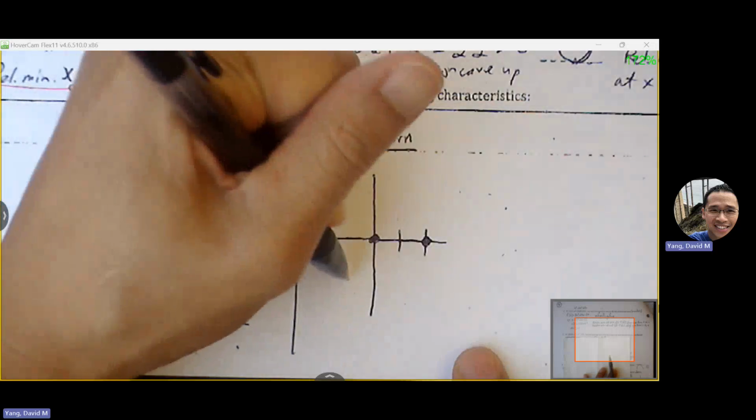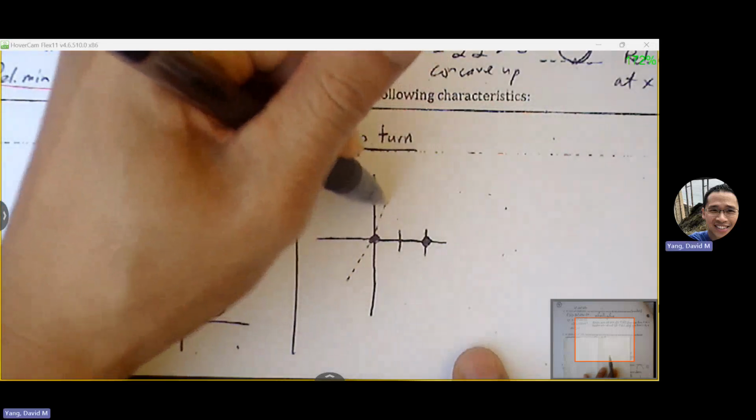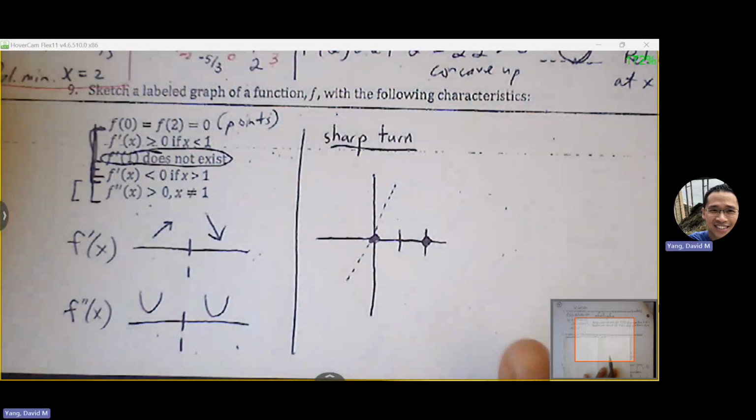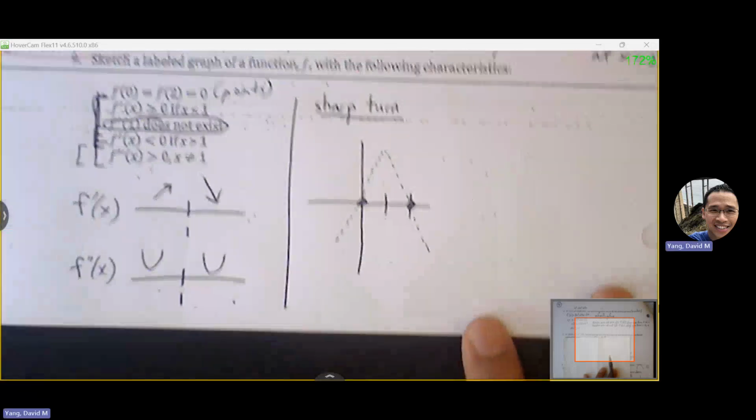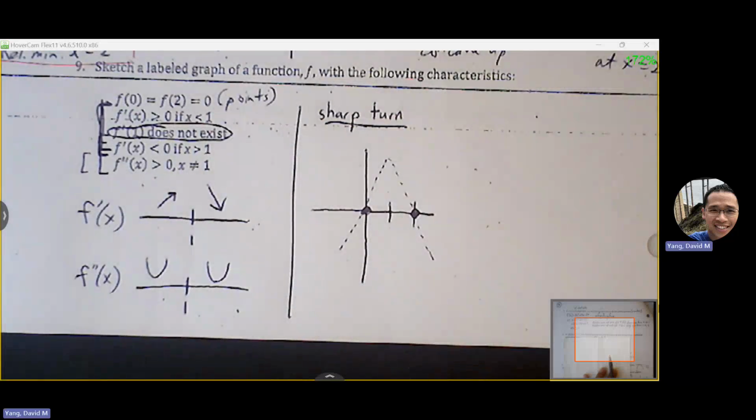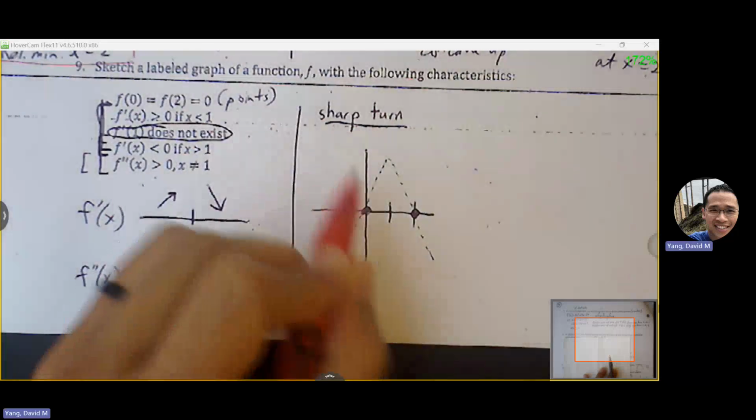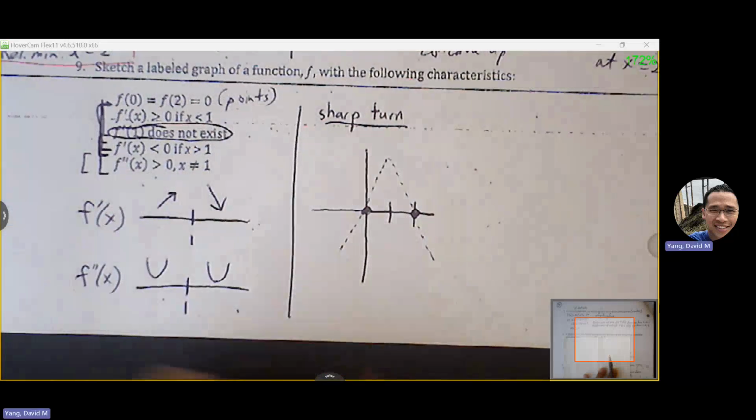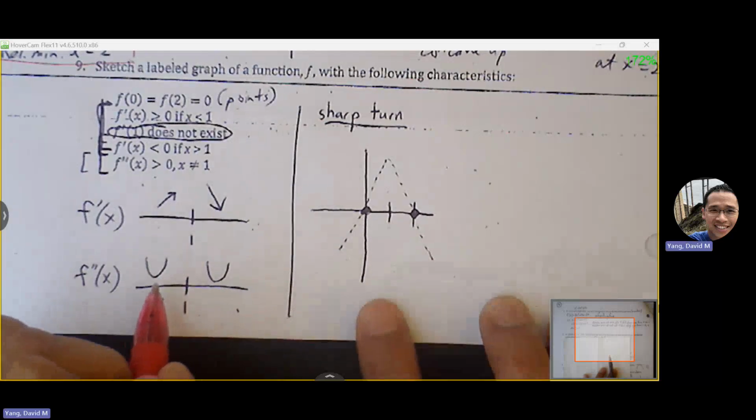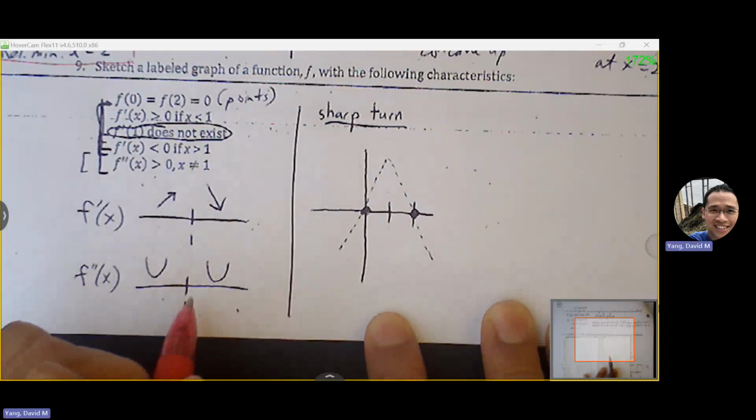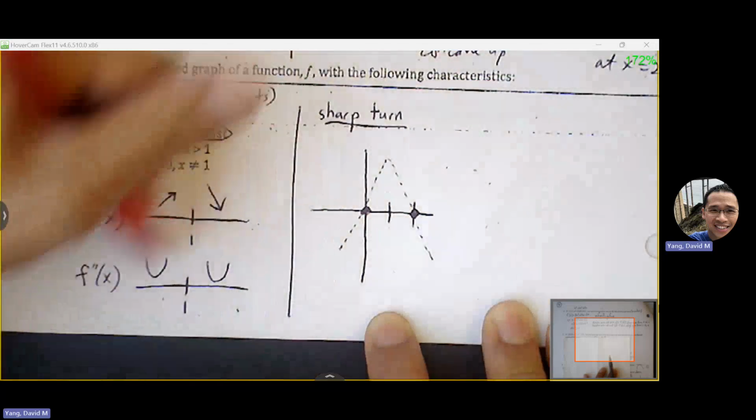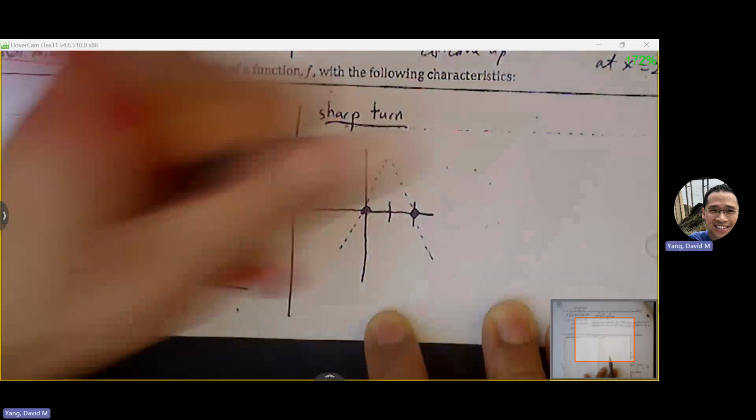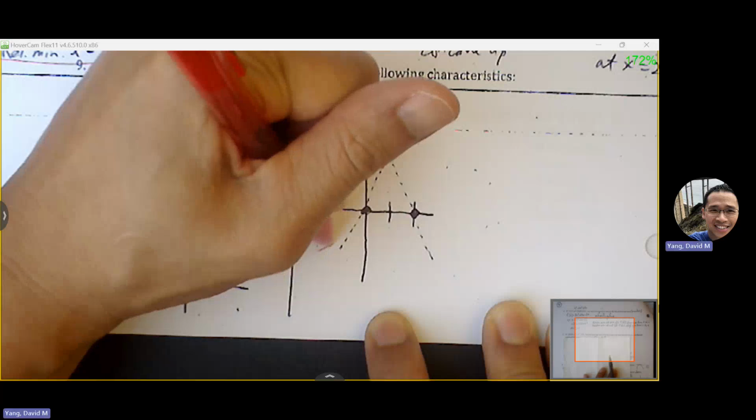But I know my graph will have to rise until it hits some x value at 1, a relative max, and it's going to fall after that. This is my basic path of the graph, but I don't know exactly yet how I want the curvature to look, but I know that I've mapped out the path. Next up, I want my graph to be concave up on both sides of 1, and I want to make it a sharp turn here. So I'll make it concave up. I'm going to make it shaped like this. So concave up